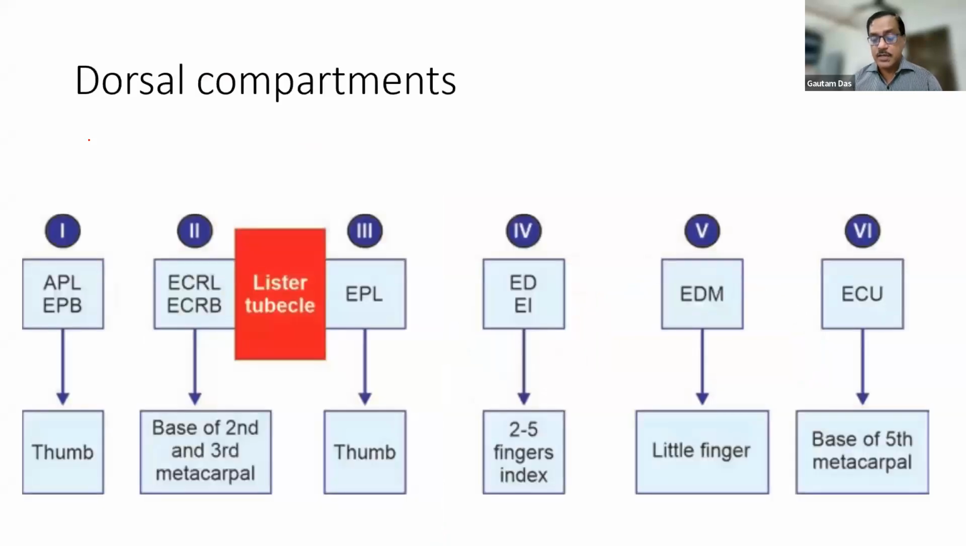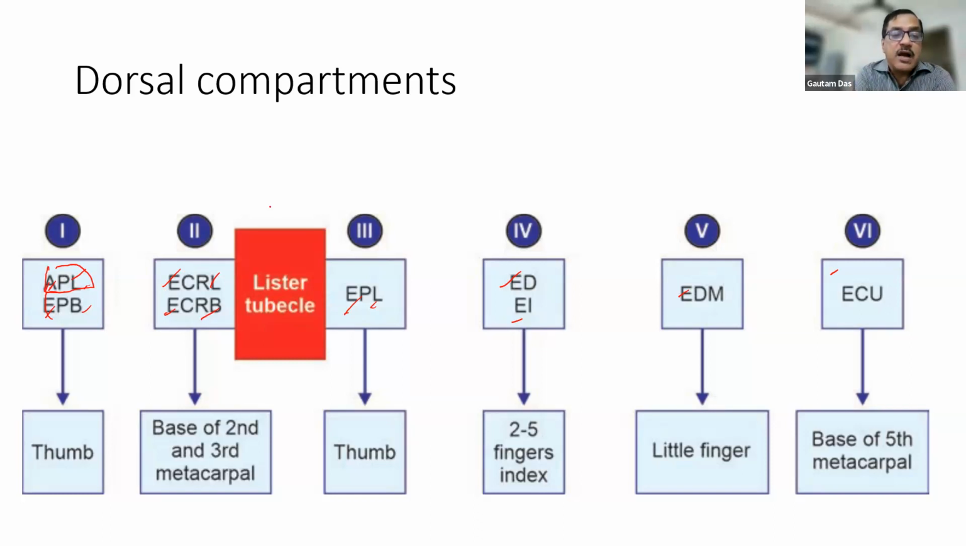Extensor compartments, very important to remember. It starts from the A and L. A means abductor, and then longus, brevis, longus, brevis, longus. So this is the way to remember. It starts with A, and then all are E, extensor, extensor, extensor. So the first compartment is abductor pollicis longus and extensor pollicis brevis. The second compartment is extensor carpi radialis longus and extensor carpi radialis brevis,